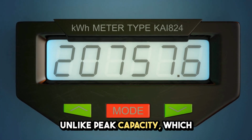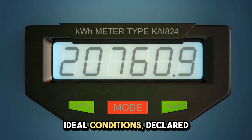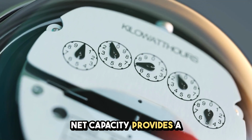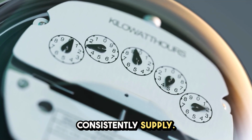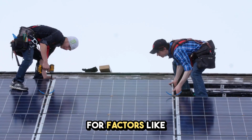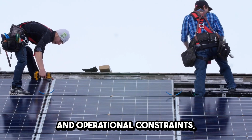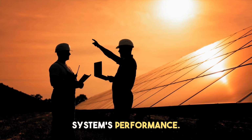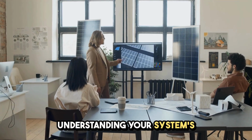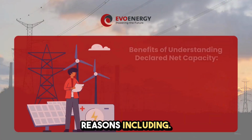Unlike peak capacity, which indicates the highest possible output under ideal conditions, declared net capacity provides a realistic measure of what your system can consistently supply. This measurement accounts for factors like ambient temperature, efficiency losses, and operational constraints, offering a more accurate representation of your system's performance. Understanding your system's declared net capacity is vital for several reasons, including: